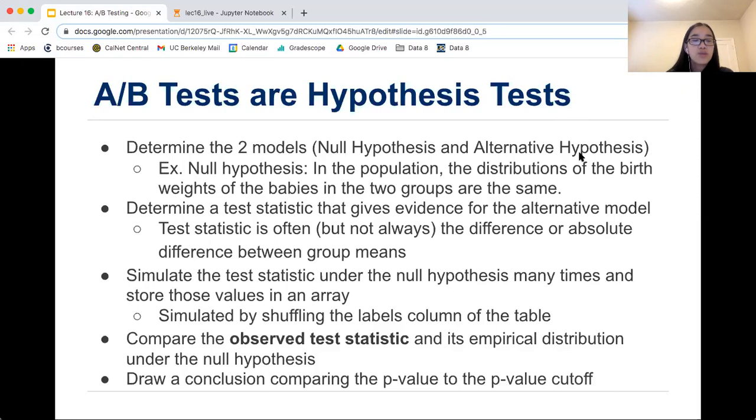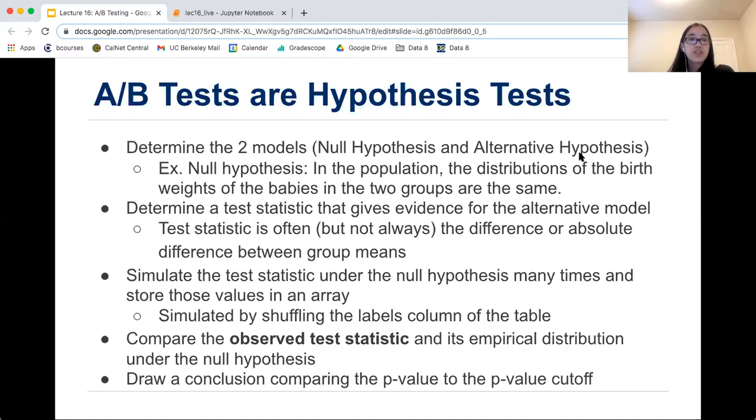And then we want to determine a test statistic that gives evidence for the alternative model. That's the same. The only difference is maybe we want a different test statistic that compares the two groups. In this case, we're doing the difference between group means. The test statistic in A/B tests is often, but absolutely not always, the difference or absolute difference between group means.